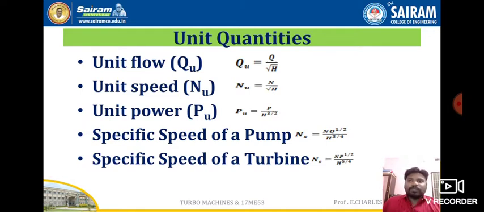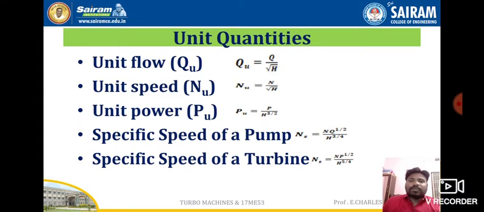So this is the formula for the flow of fluid. Suppose there is a discharge, the discharge is equal to area into Cv. Cv is the coefficient of velocity, so Q is equal to A into Cv into root 2gH, where A is the area of the nozzle. Or you can write Q is equal to K into root H, where K is equal to A Cv into root 2g, a proportionality constant.